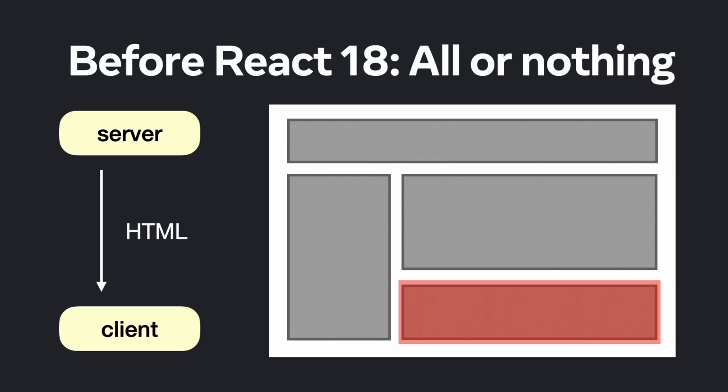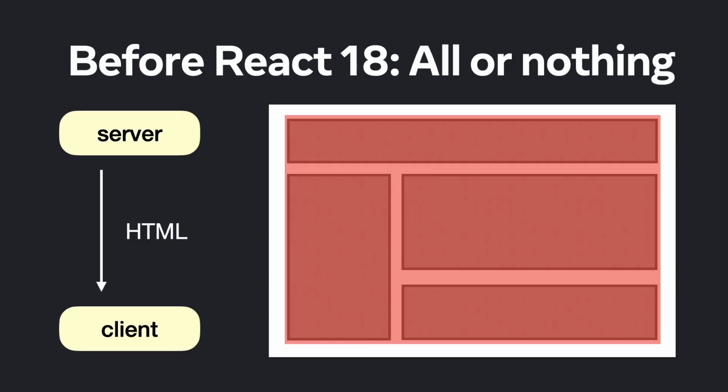Now, what if most of the app is fast except for one specific component? Maybe this component loads data slowly, maybe it needs to download a lot of JavaScript before it gets interactive. Before React 18, this could have become the bottleneck of the app and increased the time it takes to render the component. One slow component can slow down the entire app. This is because server-side rendering was an all or nothing thing.